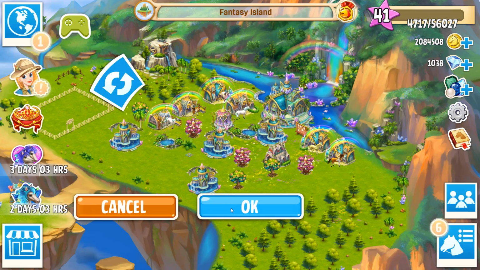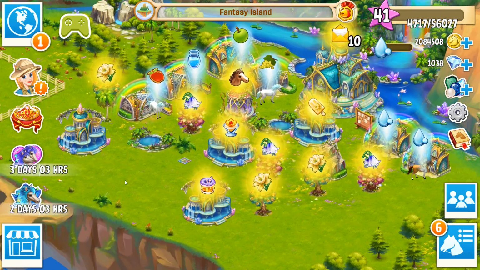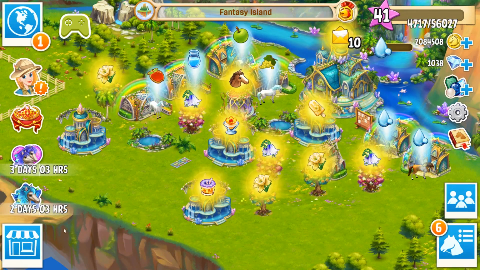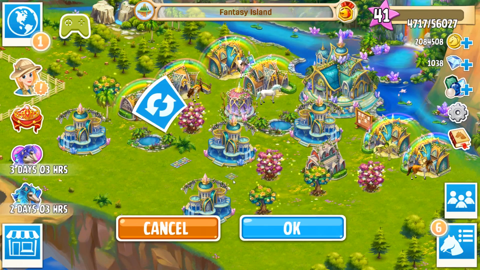But let's go ahead and... You know what? We gotta start somewhere, so let's buy a few of these mosaic paths and maybe one of the plants every time we come. I think we'll go ahead and we'll get, like, maybe 2, 4, 6, 8...